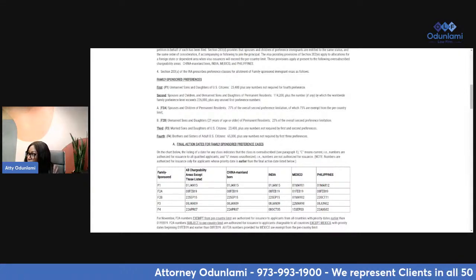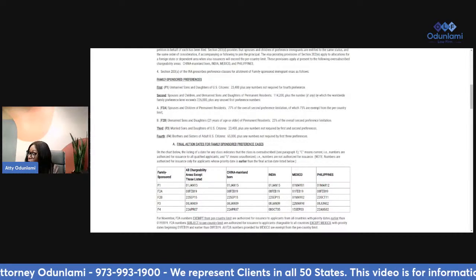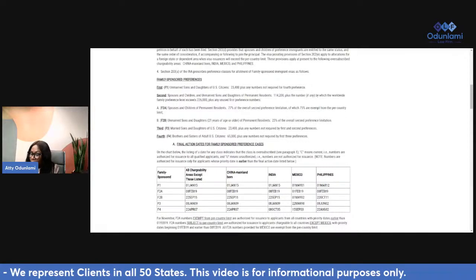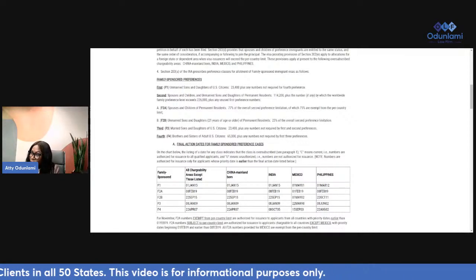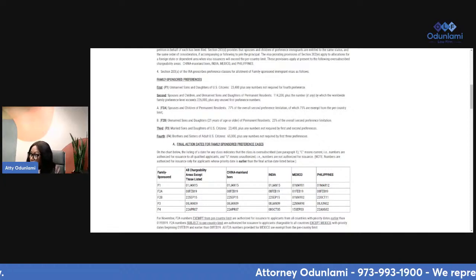So in the family preference, you don't have to. But if you're an immediate relative, you have to file a separate petition for your wife and for the child. And make sure that child qualifies as a stepchild, if that child is your stepchild, which means that you married the parent before the child turned 18.